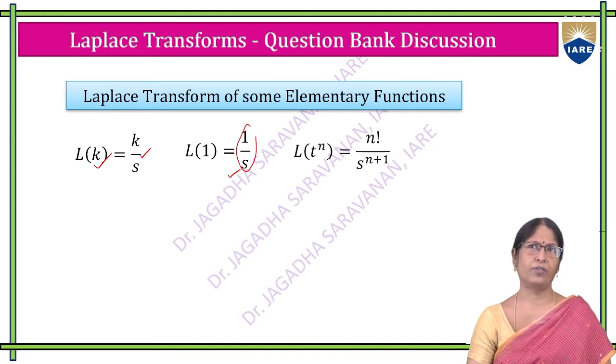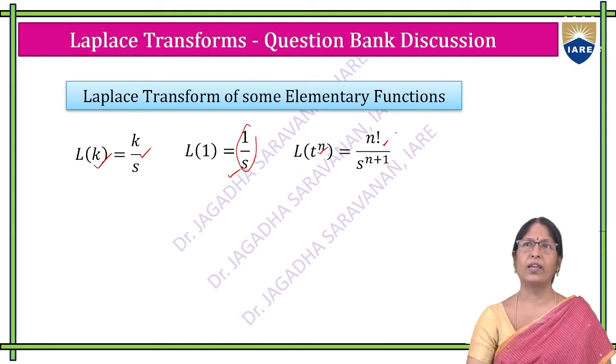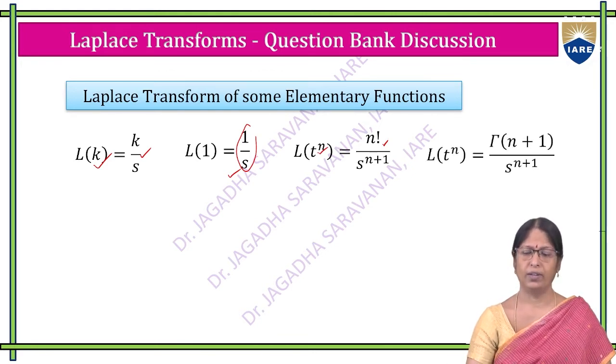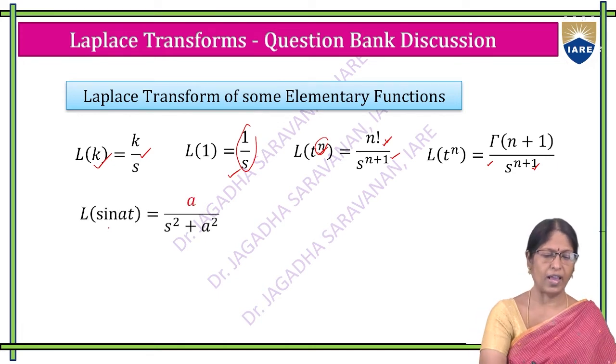The standard results: L of t power n is nothing but n factorial by s power n plus 1. If n is a positive integer, we take this formula. If n is greater than minus 1 or a fraction, we take gamma of n plus 1 by s power n plus 1. Then sin at,